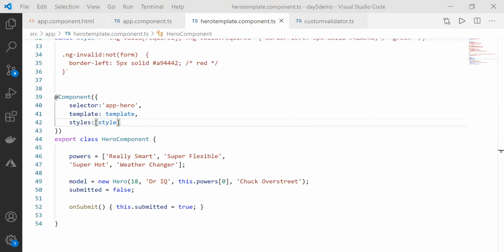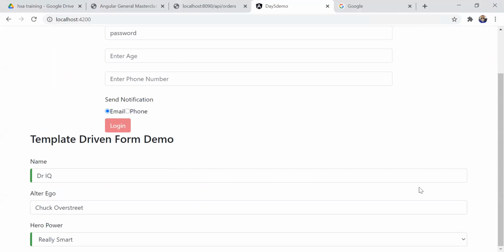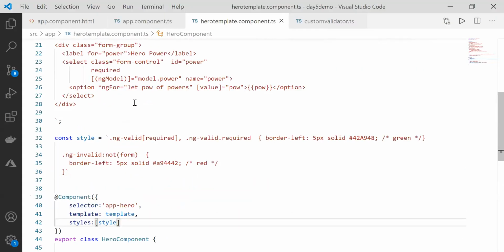So if you see my screen now, can you see that since this Dr. IQ is valid, you are already getting a green there. If I remove that, it has become red. As soon as I start writing, it has become green. And how that is possible with very small code is that Angular template-driven forms already provide you some CSS classes such as ng-valid, ng-invalid,